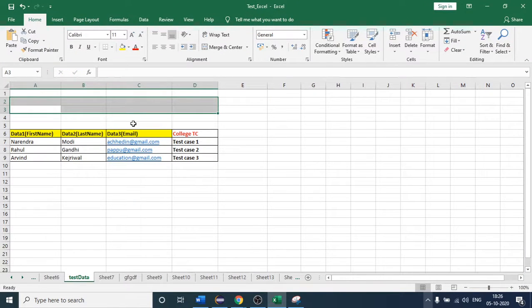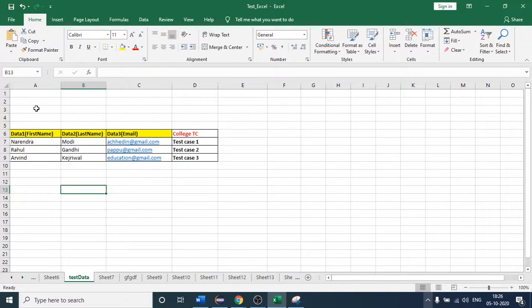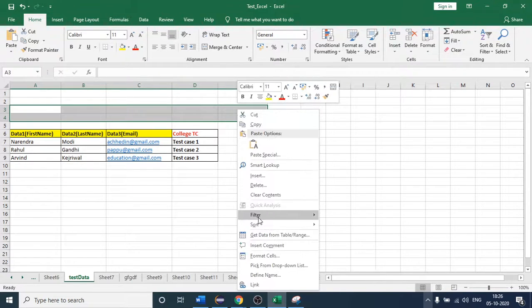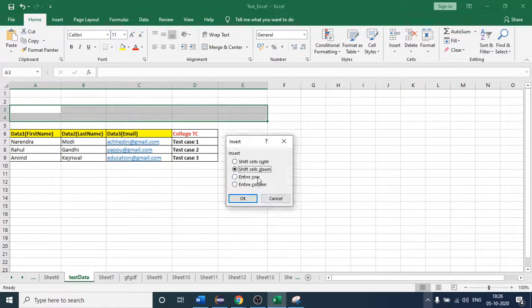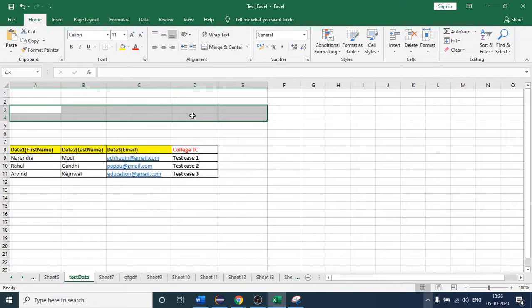Okay, as of now it is asking me to save it with another file, so I am not saving it. I'm saying if your table is present somewhere in the middle as well, then also your test case is not going to fail.